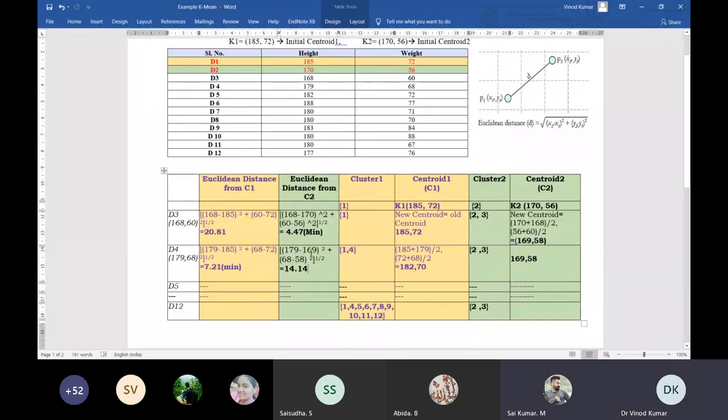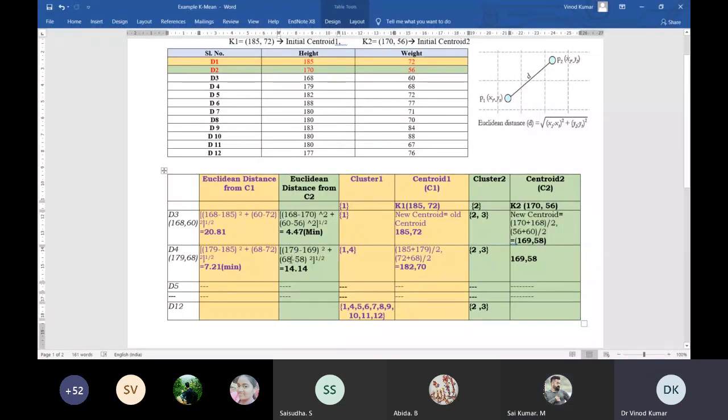You see here, what is the centroid for this C2? The centroid is 169 and 58. Sorry, 58. So what will I write here? What is the value of D4? 179 and 68.